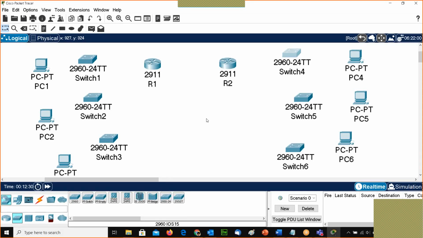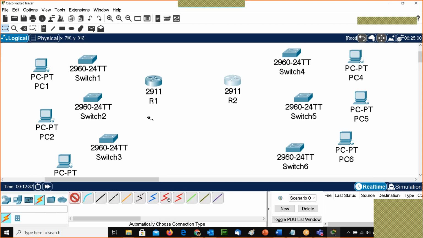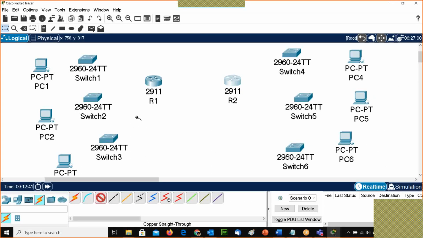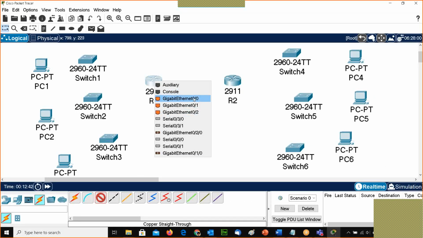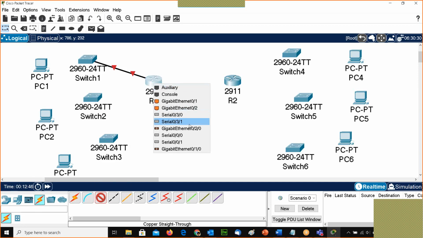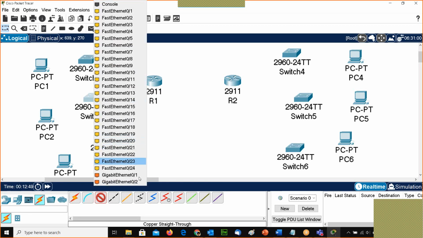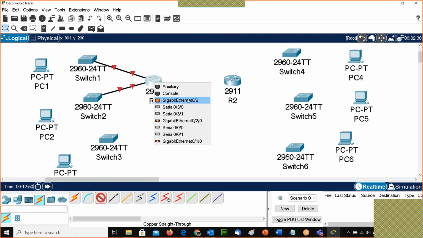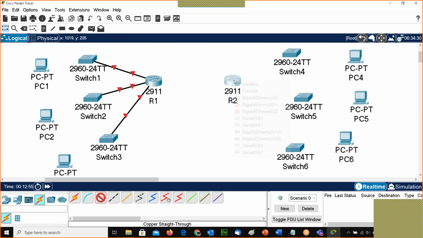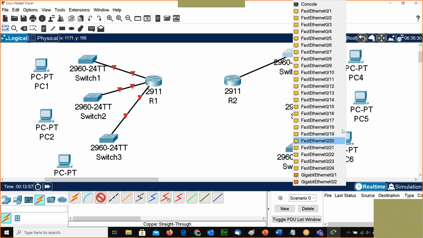So for example, R1 is connected. Here I'm creating a connection. From GigabitEthernet 0/0, I'm taking 0/1, then 0/1 to 0/1, and 0/2. Similarly, here 0/1.